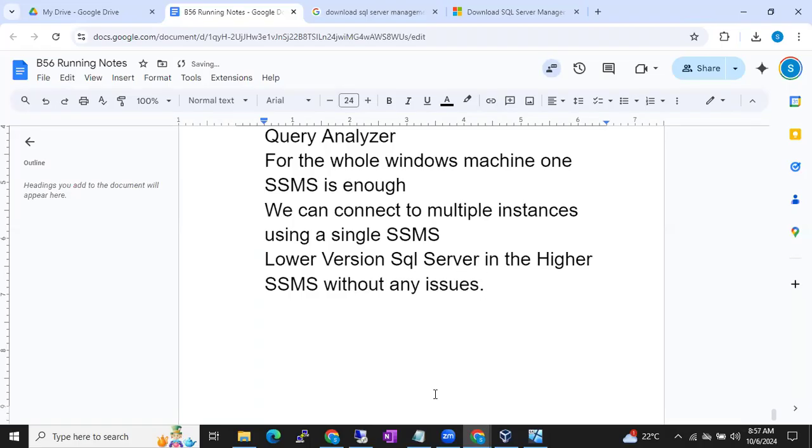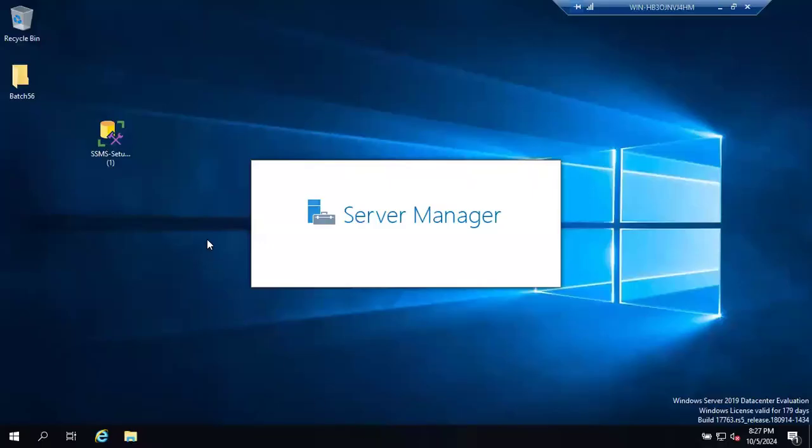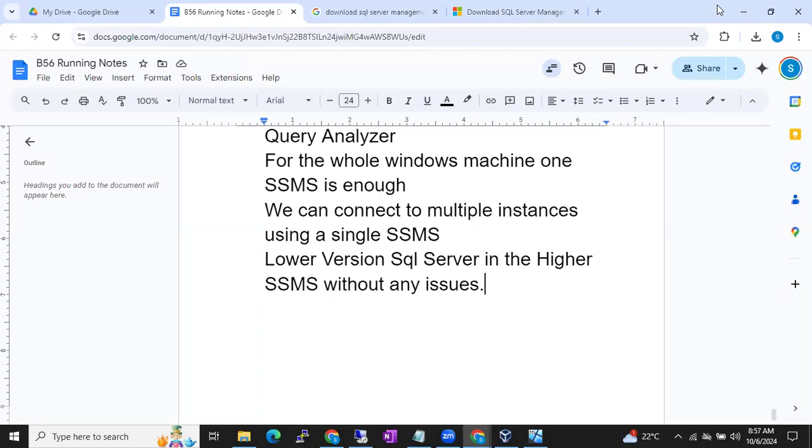Okay, guys, this is about your SSMS version being higher and your SQL Server version being lower. For example, SQL Server 2005, we can connect using the 20.0 SSMS. So we just installed it, right? We can connect, no issues. If the SQL Server version is lower and the SSMS is higher, there will be no issues at all. But if SSMS is lower version